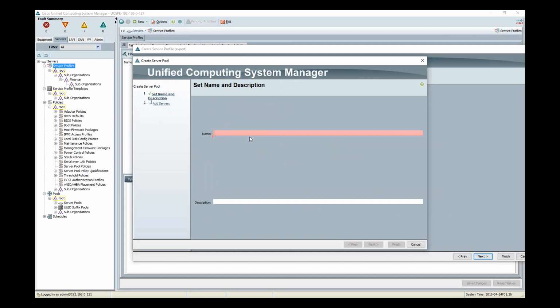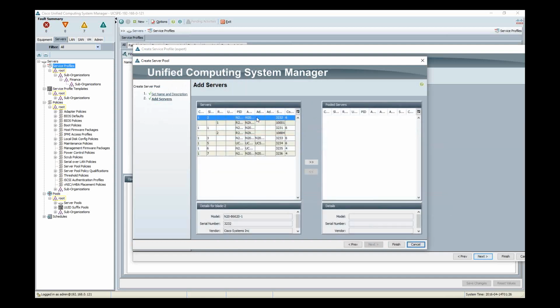What you'll see with a pool is you can create servers, you can either manually add them or you can create a pool qualification. So as I was saying with the local storage, you can create a pool qualification where the pool will automatically populate with, say, every server with 256 gigs or more. Safe assumption those are probably going to be ESX hosts or big database servers, so you put them all in a pool. Or you say every server with